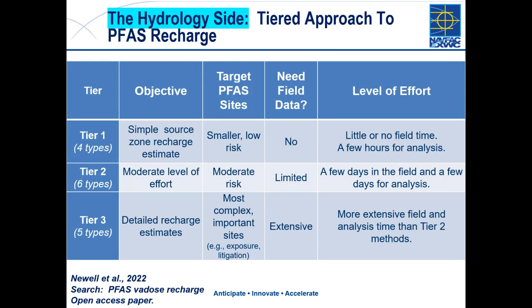And this is just this access to tools. This Vadose zone paper that I mentioned before, you can find it, PFAS, Vadose zone recharge, just put that into the Google. It's open access, so it's free, but it says here are 3 tiers of all these different methods. There are 4 tier 1 methods, 6 tier 2 methods, 5 tier 3 methods, where tier 1 is for simple sites, tier 3 are for more detailed ones, and just in terms of level of effort are very different. I'll give you an example of one of these 4 tier 1s and then talk about a little of the tier 2s. But let's go to the next page, and that's slide 35.